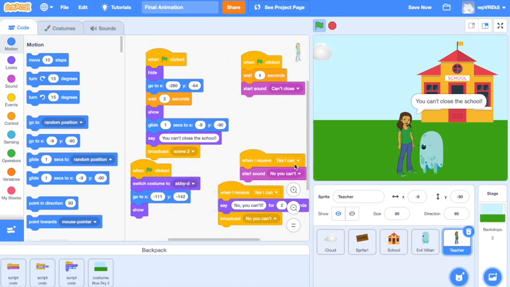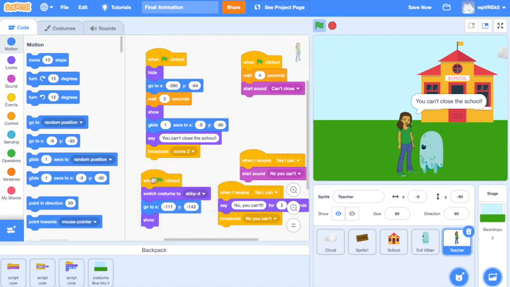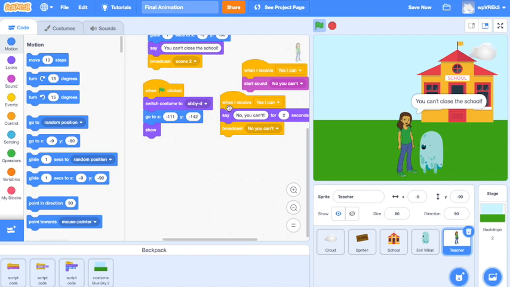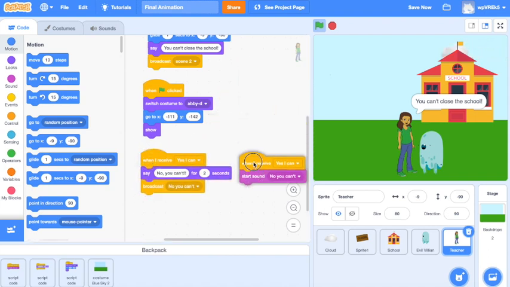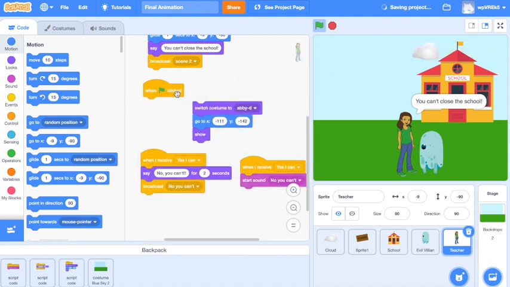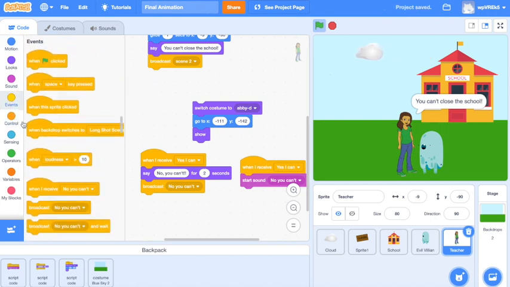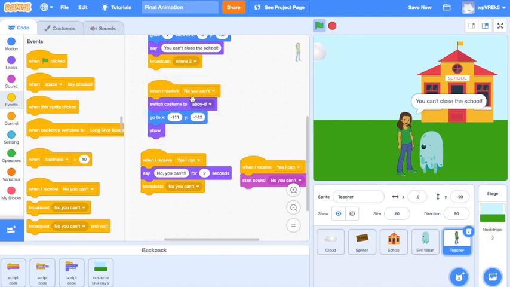And we don't want it to say when clicked. We want it to say once the backdrop switches to scene 2. So I'm going to pull that off. And let me go to events and grab this. Okay, so when it receives scene 2, it's going to do all these things,